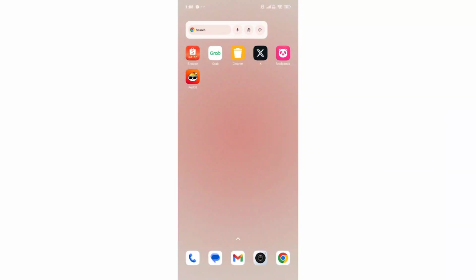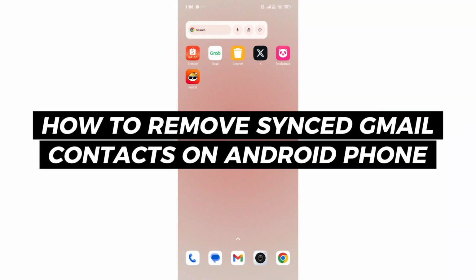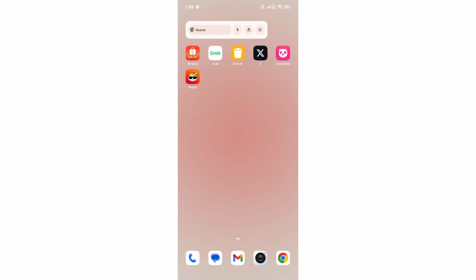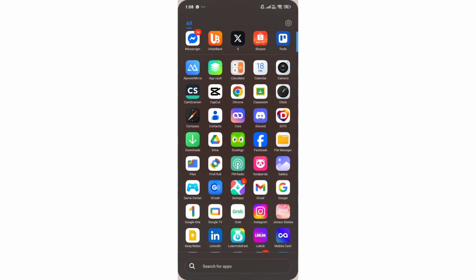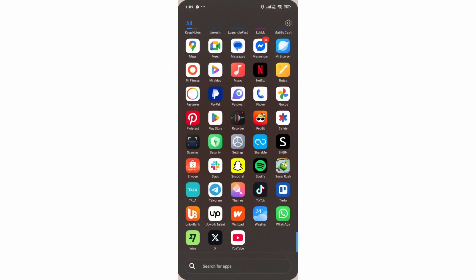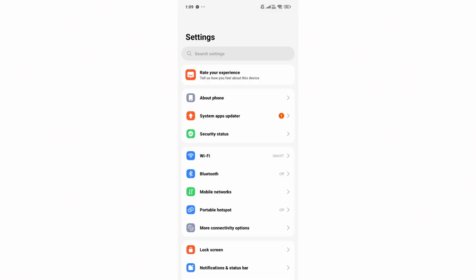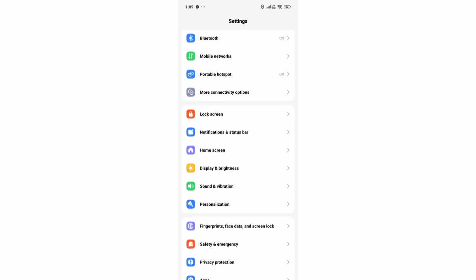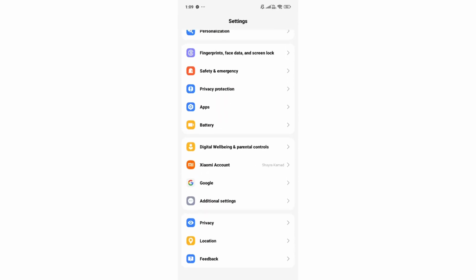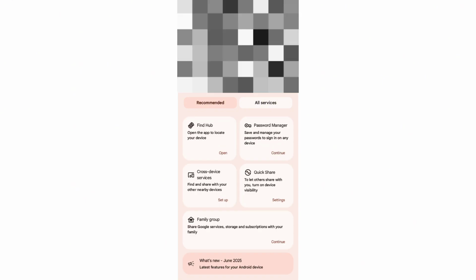In this video, I will show you how to remove sync Gmail contacts on Android phone. So to get started, go ahead and open settings into your device. And then once you're on your settings, go ahead and look for Google. So scroll down and look for Google, click on that, and then in here, go ahead and head over into